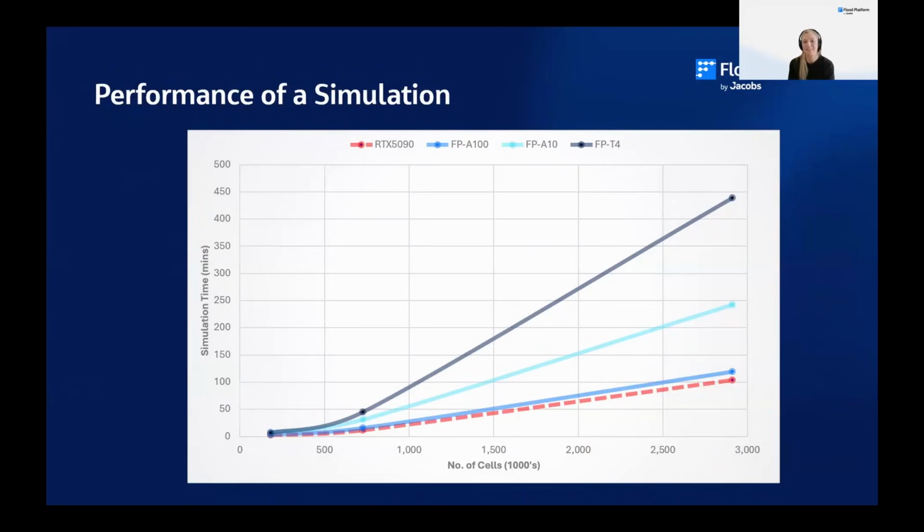So I talked quite a bit about commercial versus gaming cards, and this is a slide that just shows the difference between them. So the RTX 5090, if you're an Australian flood modeler, everyone is pretty up to date with what graphics cards are around. I think these came out pretty recently, and they're the hot one to get if you're doing flood modeling locally. And you can see there, based on the number of cells that are running and the simulation times, they are giving the best performance for a single simulation by quite a bit.